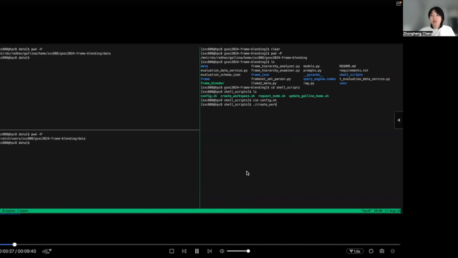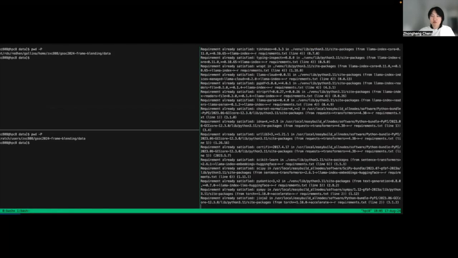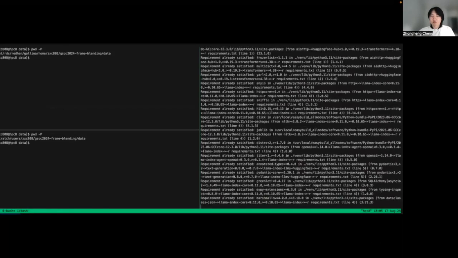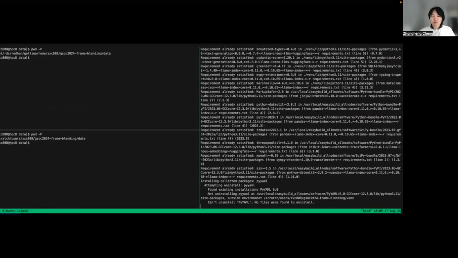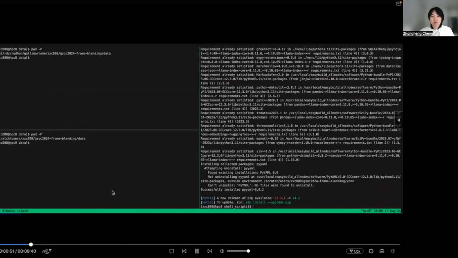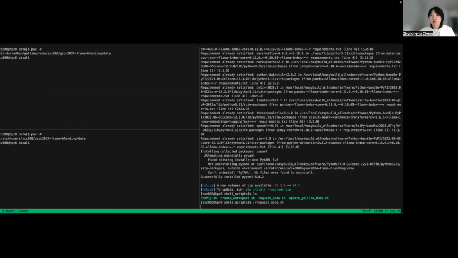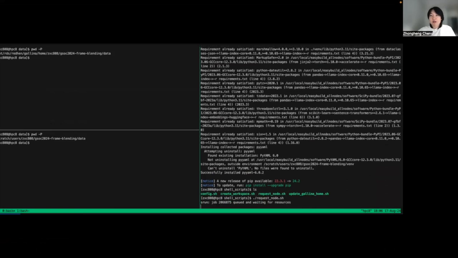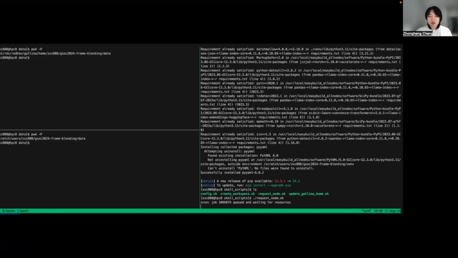First, I will create a temporary work directory on the Case HPC. After it's done, we will have to request the GPU node to prepare the environment to run the FrameBlender app. Okay, after this job has been allocated resources,